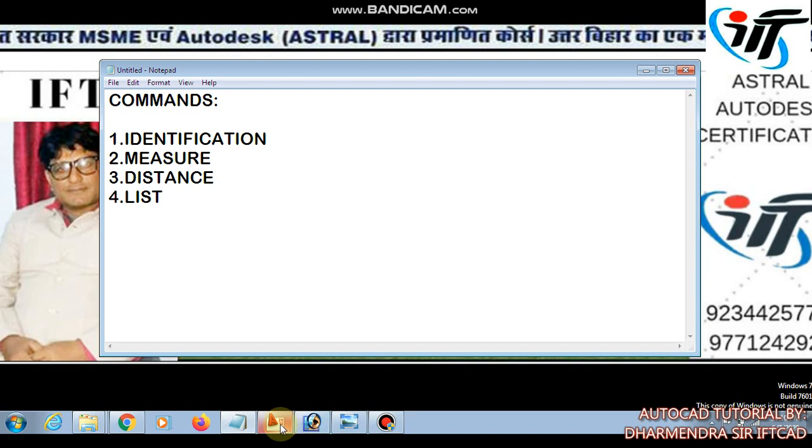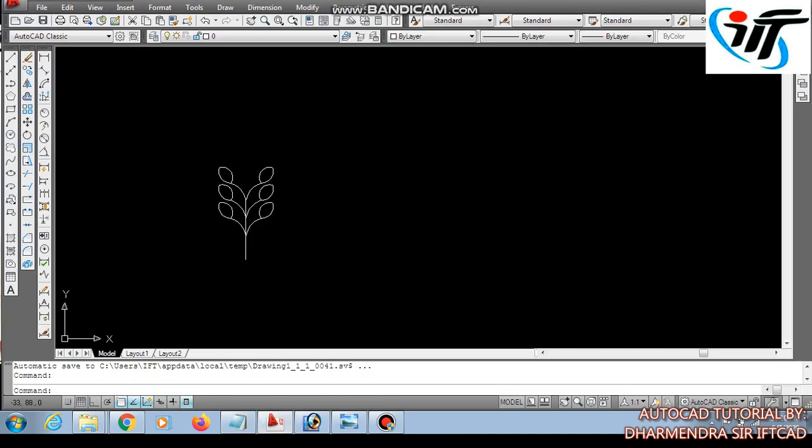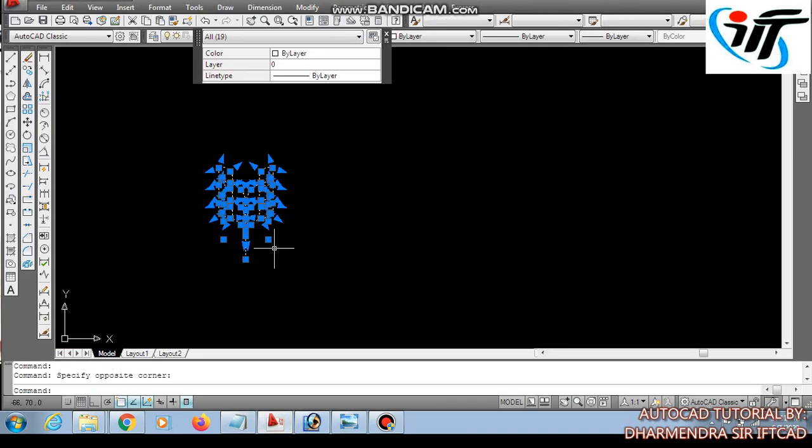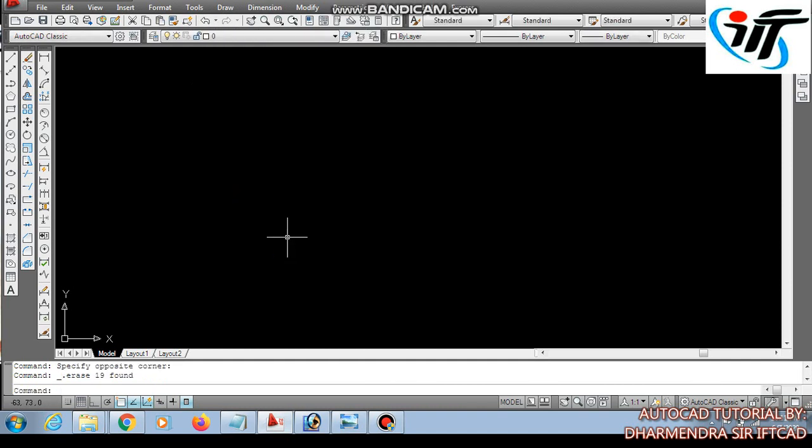Let us open the AutoCAD window. Edit the object, whatever is drawn here. Now, the list of commands.